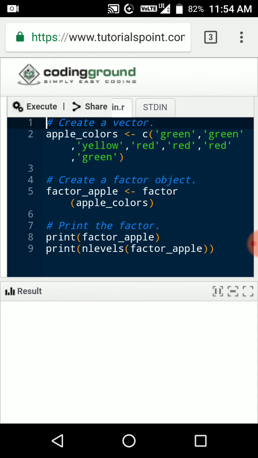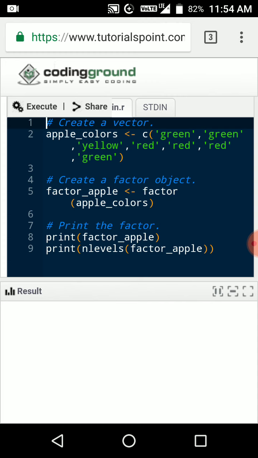"Create a vector" is a comment we are representing in a programming language. A comment is just for knowing about the particular program, what type of program we are executing. Just before the statement of execution, I will give a simple comment statement to represent the program.